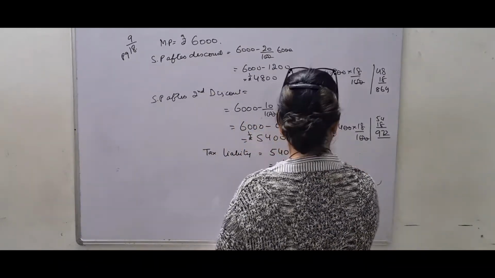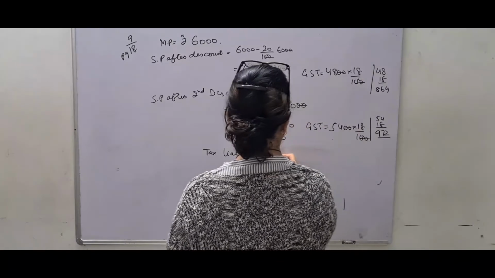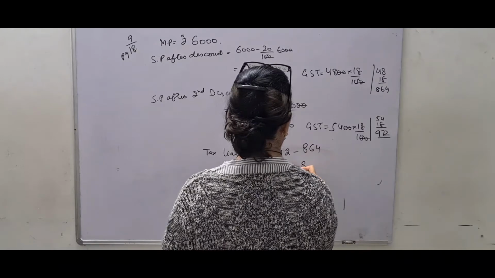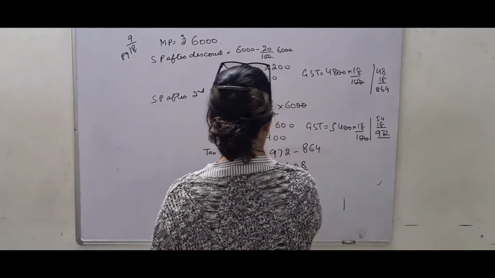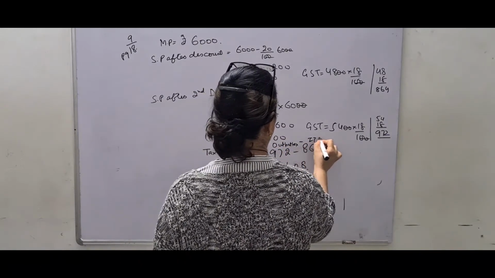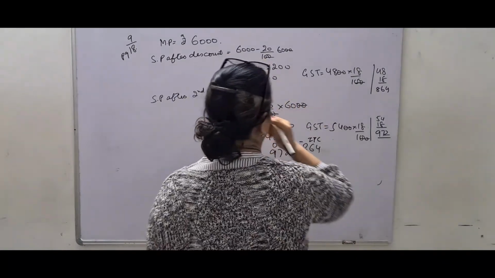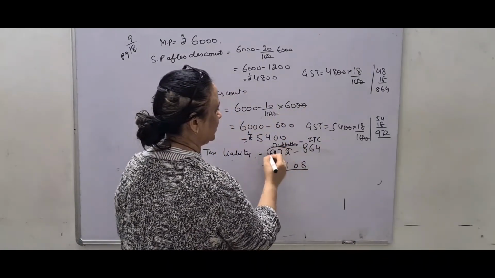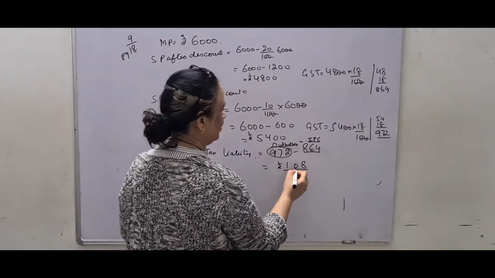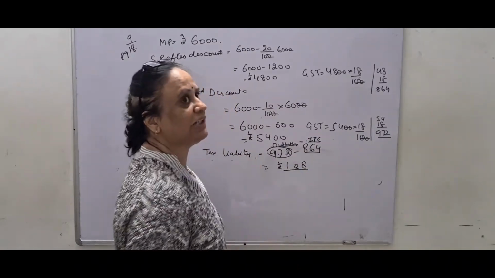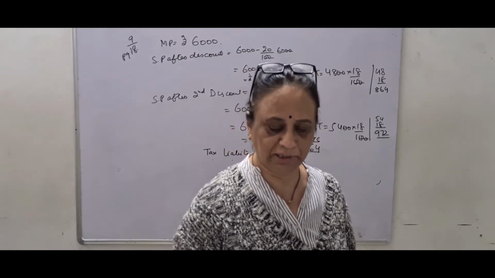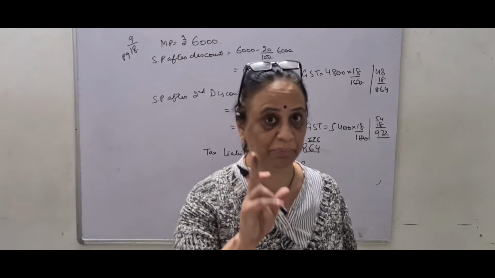You have to ask not the basic price but the difference between the taxes. So this is 972 minus 864, yes, 108 rupees. Tax liability means output tax of the dealer minus ITC of the wholesaler. This output tax of the dealer, 972, minus the ITC, input tax credit, of the wholesaler, 864. The difference between the two will be the tax liability, or the tax paid by the dealer to the government. I hope you have understood. GST paid by dealer B or tax liability for dealer B means one and the same thing.